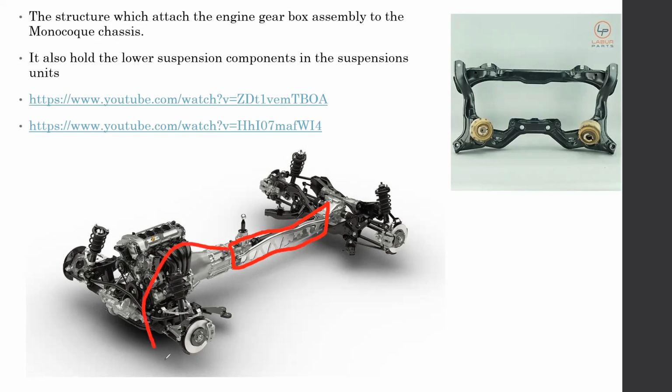If you look here, these are the top mounts of the strut assembly, and the lower assembly is mounted to the frame underneath here. There's a dark colored frame going underneath, so it's mounted there. So this whole assembly, if you remove it,